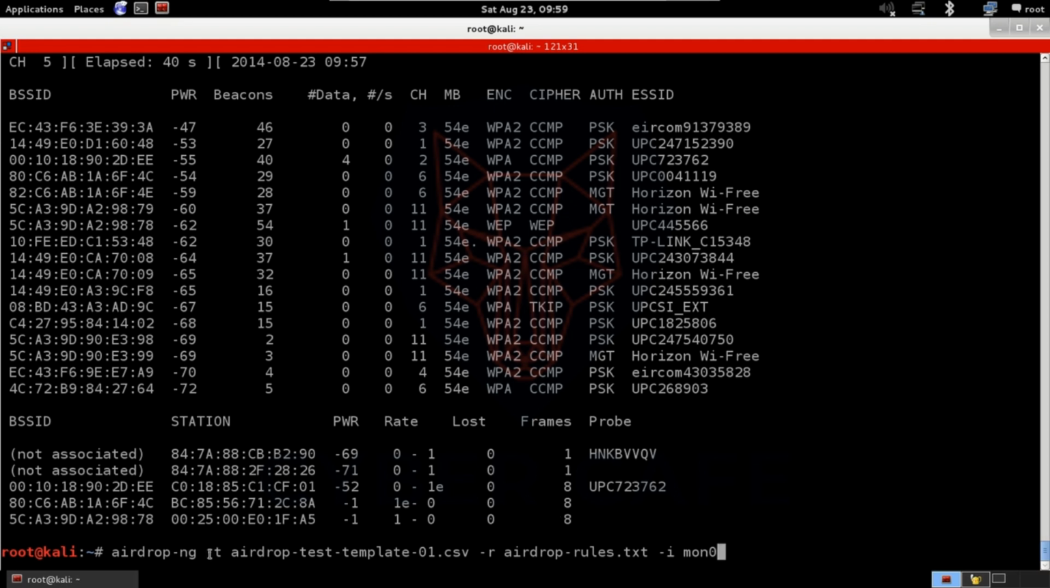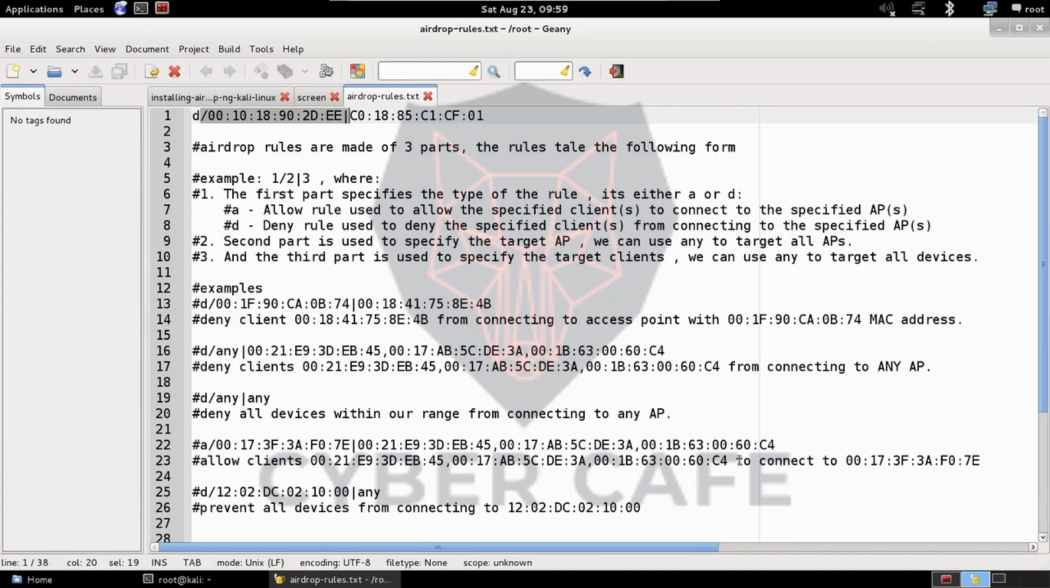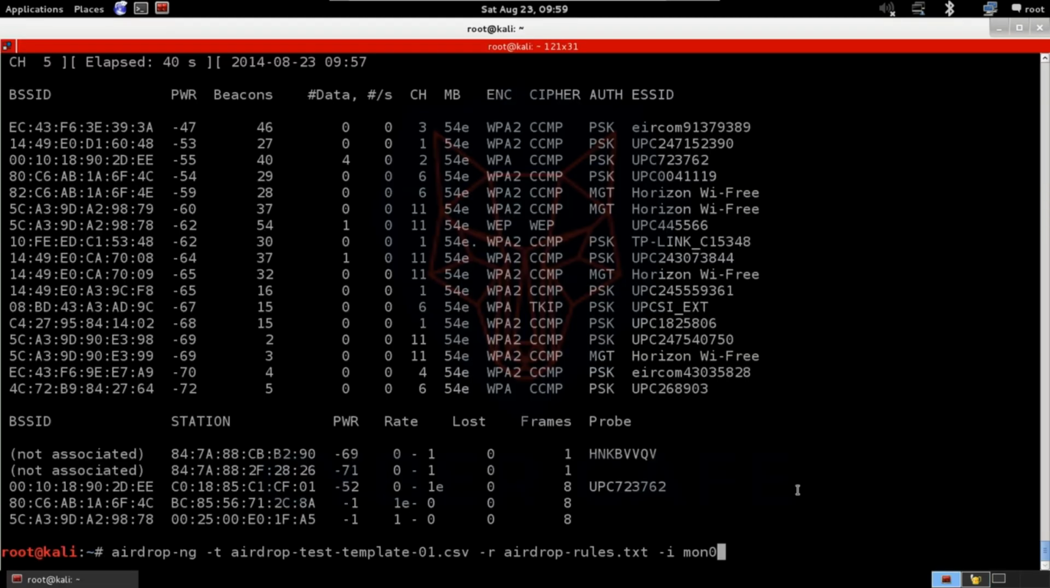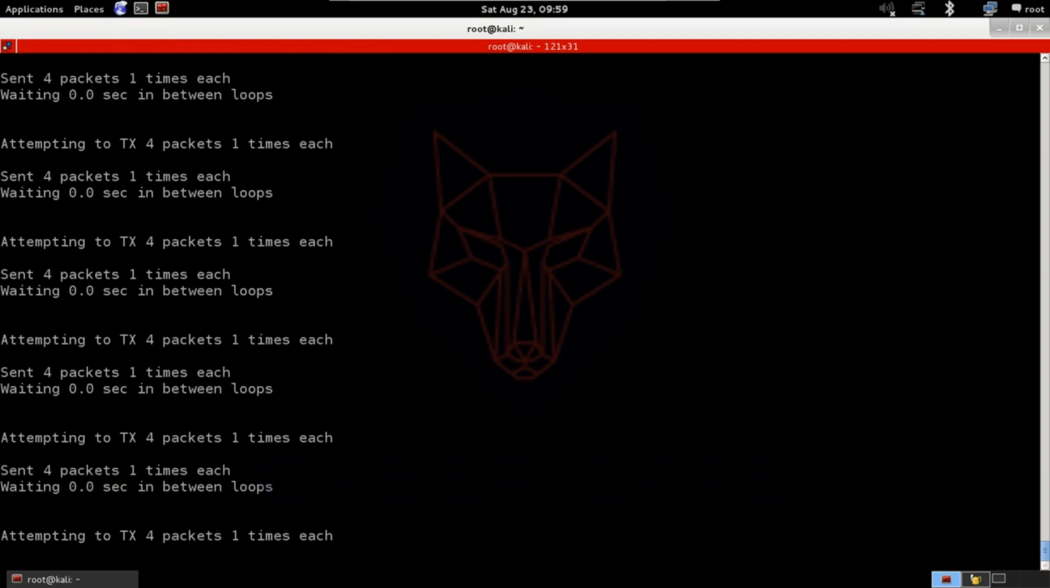So the command is airdrop-ng -t. We put the template after it. The template is the capture file that we created in the previous step, and -r is the rules file that we created in the previous video. So that's my rules file, and we can see the rule that I have here. It's disassociating this device from this network, and that's my target device, target network. So we go back, we hit enter, and we see